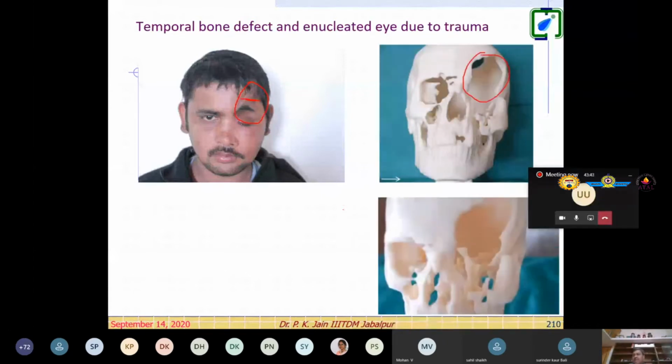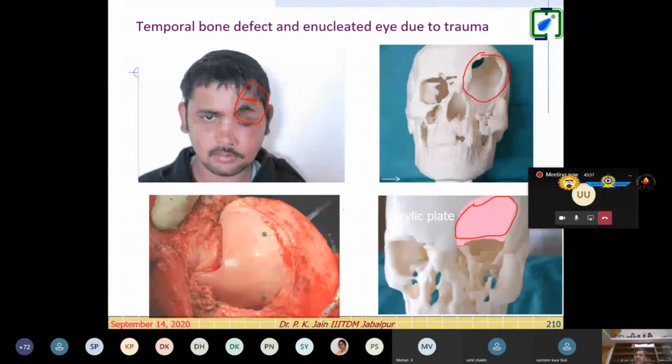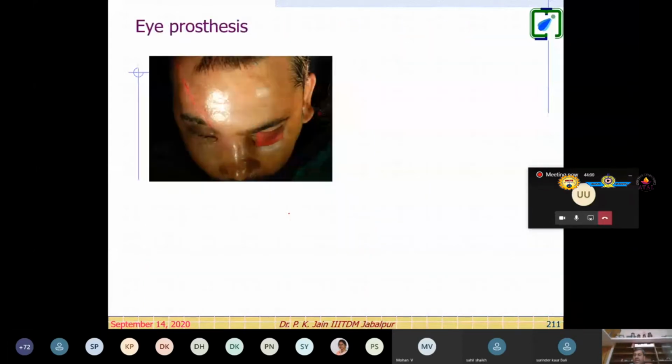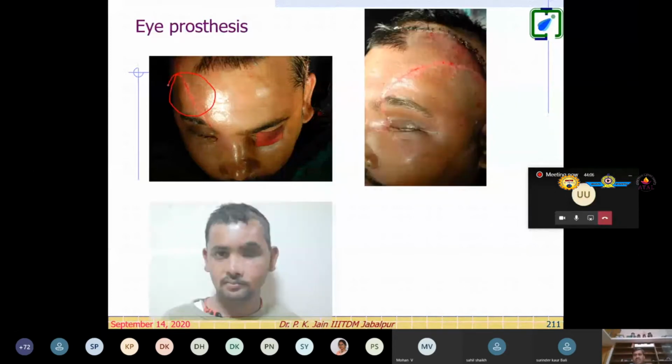And then, based on Boolean operations, we have to calculate the exact boundary geometry. We got this acrylic plate, right? Means this is the size for the implant to be created. Look at this. After the surgery, this is the portion where surgery has been done. The implant has been implanted. Look at this, right? Can you see now there is a support available to place the eye.